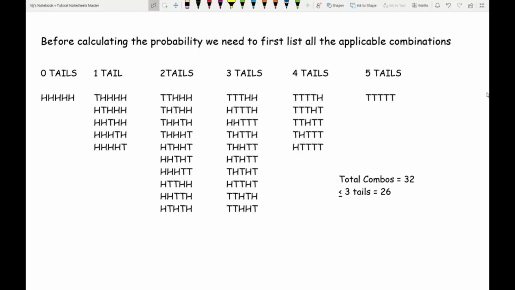So here, as you can see, we've got a total of 32 possible different outcomes we can have on these 5, and the first column represents 0 tails, in which I've got 1 possible outcome. The second is 1 tail, in which I've got 5. The third column is 2 tails, so here I've got 10 different possibilities. The next one is 3, in which again I've got 10 possible different outcomes for a combination. The fifth one is for 4 tails, which I've got 5, and for 5 tails I've got 1